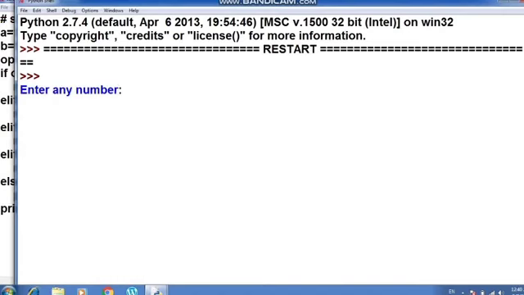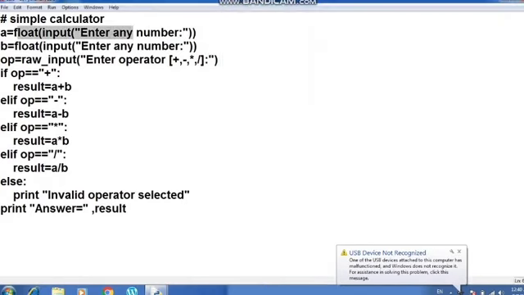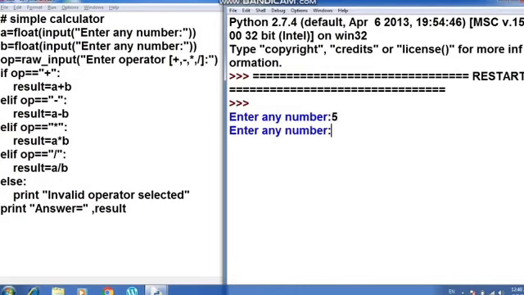Okay, so you can see that the interpreter is asking me to enter any number. So the control goes to the first line wherein I have to enter the number which is going to be stored in A. So suppose I have entered here 5. Now I am pressing enter. It is again asking me to enter a second number. I am entering here 6. I am pressing enter. So it is asking me to enter the operator. Choose the operator from among these. So suppose I have chosen the operator multiplication and then I have pressed enter. So you can see the answer comes 30.0.